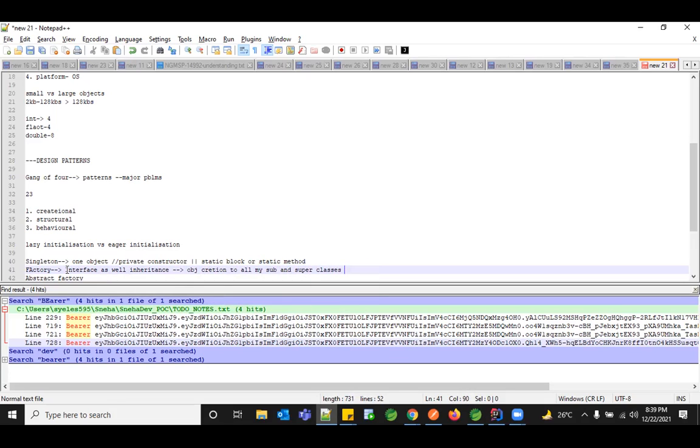So that whoever wants to create an object for circle, C equal to new Circle, I won't allow it like that. If you give me Shape S equal to new Circle, I'm okay. If you just pass me the instance type, I can check using the instanceof keyword and then create your object. So basically your object gets created at runtime, not in the default way where you have to create your object and then pass it to me. This is the way the factory pattern works. We'll see how this factory pattern works a little later.